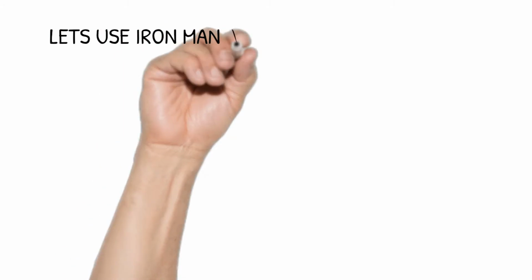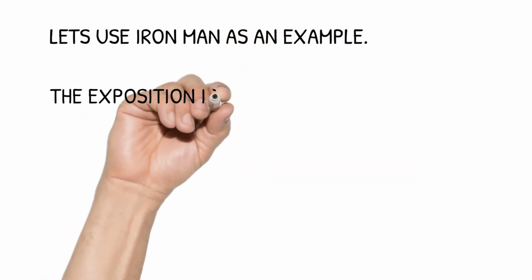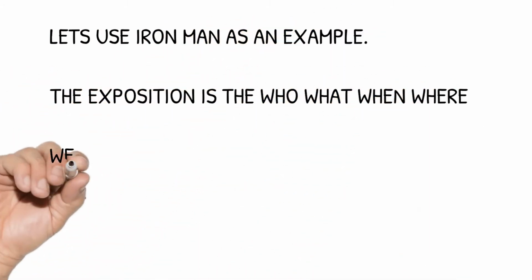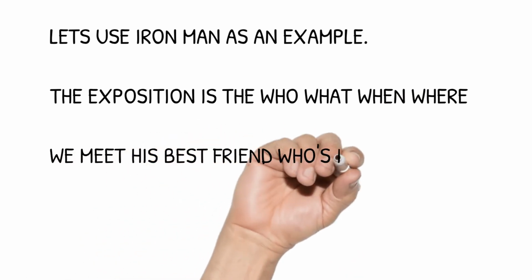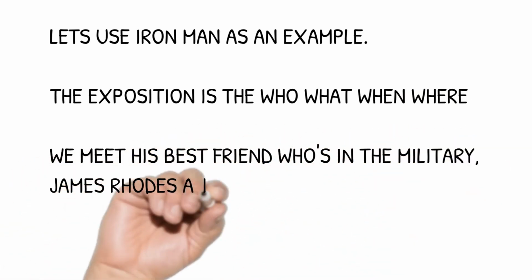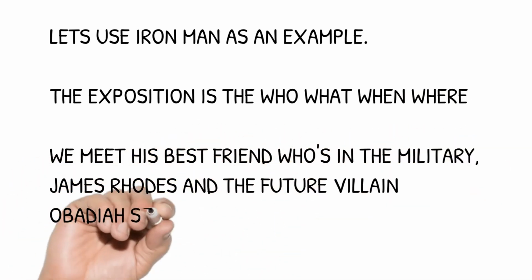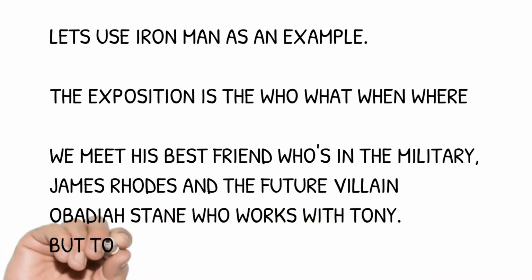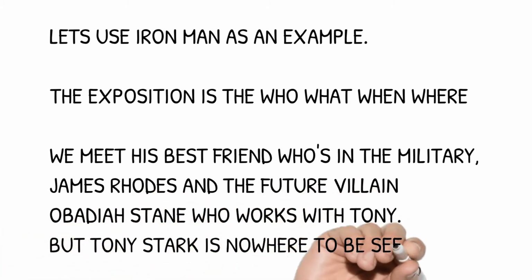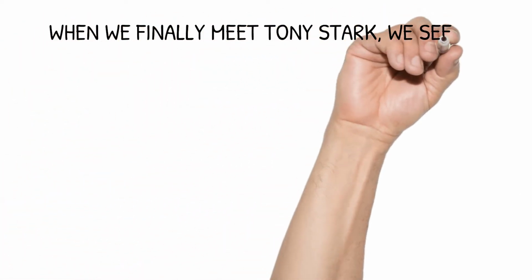The perfect example of this is Iron Man. So let's use Iron Man as an example. The exposition is the who, what, when, where. So we get to meet his best friend who's in the army, James Rhodes. After that, we meet his future villain, Obadiah Stane, who works with him as his partner, but Tony is nowhere to be seen. We finally get to meet the main character, Tony Stark, and we get to see that he's